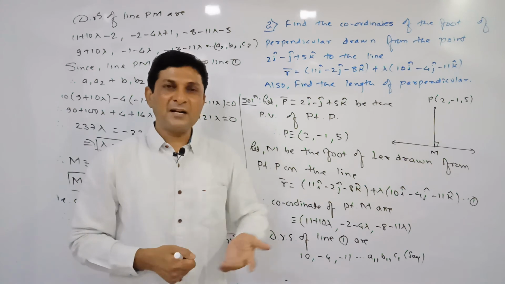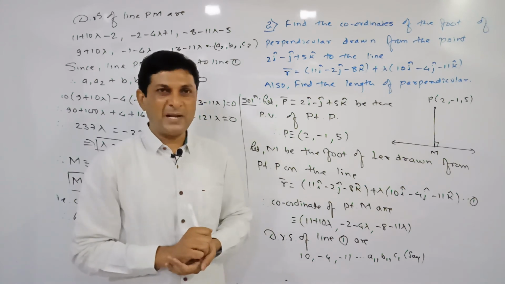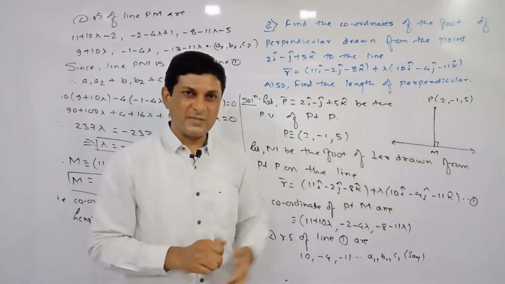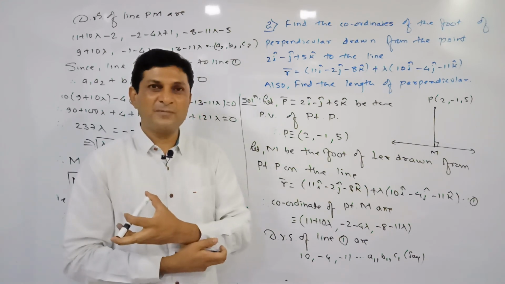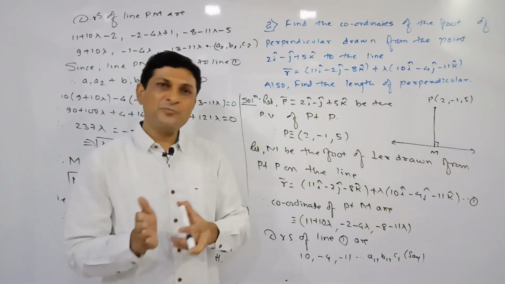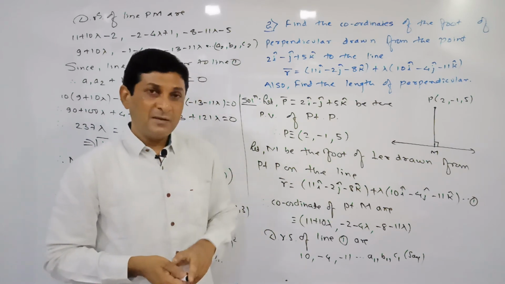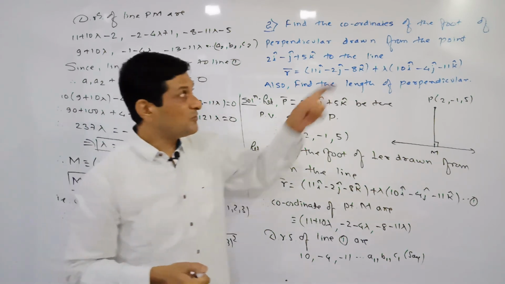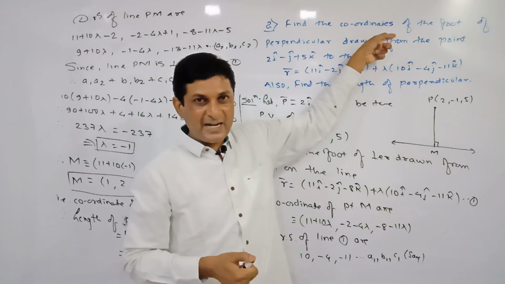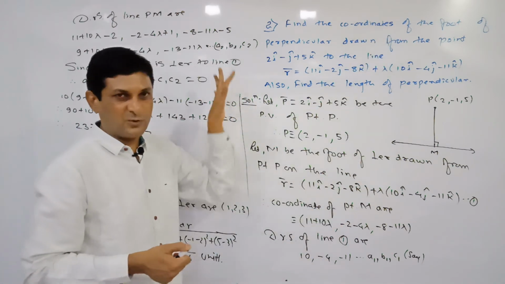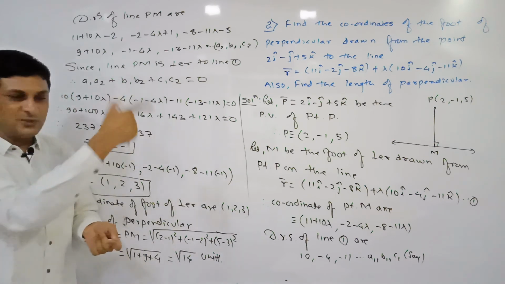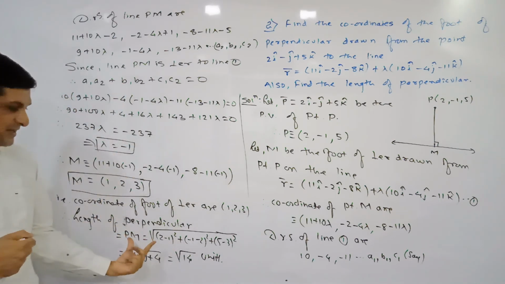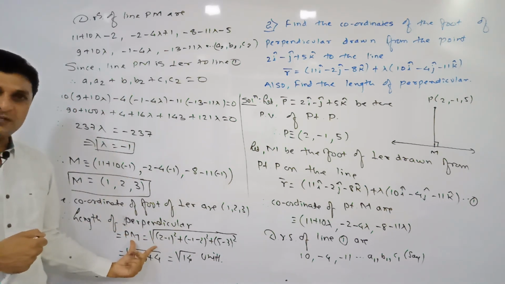So this is an alternate method which we are able to apply to find the distance of a point from the line. If the question is directly asked to find the distance of a point from the line, then apply the method which you have seen in the first example. But if the question is asked to find the foot of perpendicular, at that time you are to use this method to find the foot of perpendicular. Once the foot of perpendicular is known to us, then the distance of a point from a line can be found by applying the distance formula.